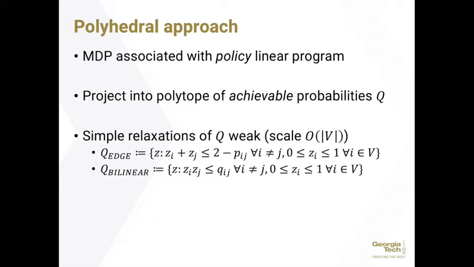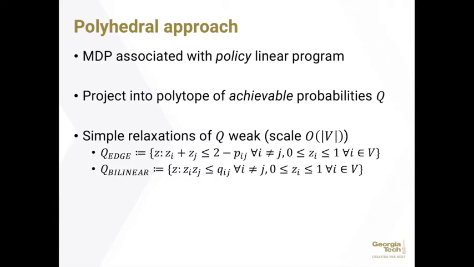For the remainder of this presentation, we're going to discuss the results of a polyhedral study for the DNP. Essentially what we were trying to do is we were looking at the achievable probabilities polytope Q, which is a projection of the policy LP just into the space of node probabilities. And while Q remains intractable itself to optimize over, we looked at simple relaxations, specifically Q edge and Q bilinear,